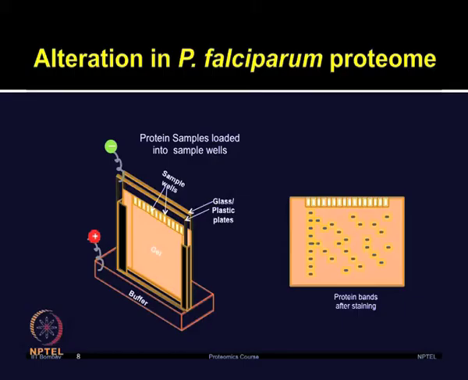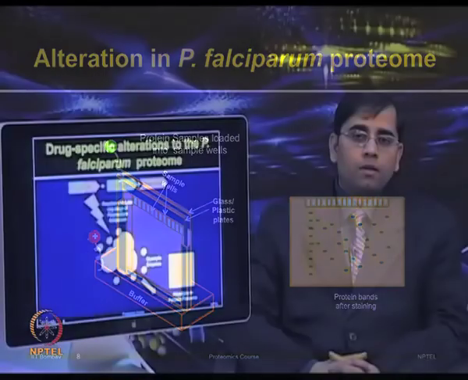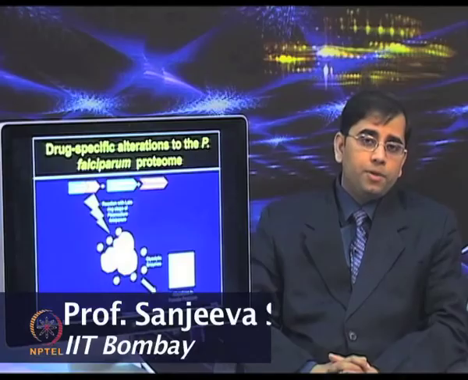After the second dimension separation based on molecular weight, the gels were stained with silver or Coomassie brilliant blue stains. By employing two dimensional electrophoresis and comparing the gel images using PDQuest software,